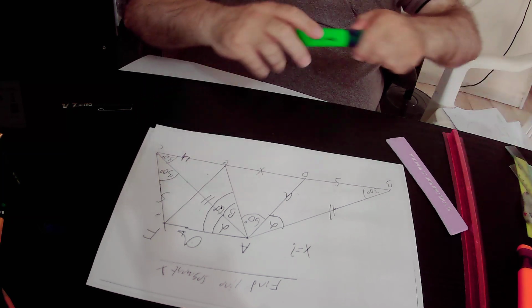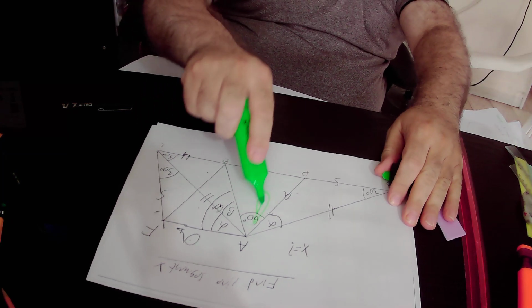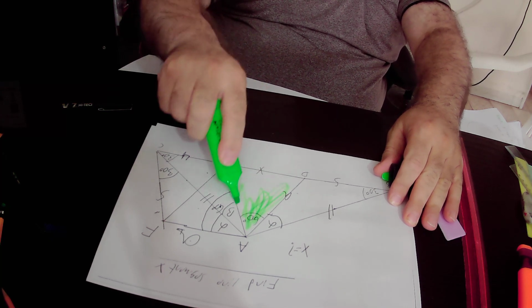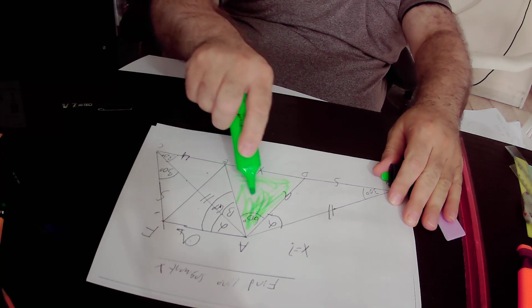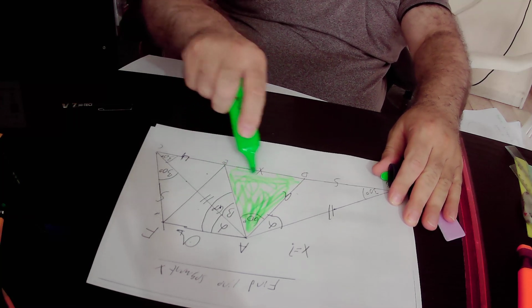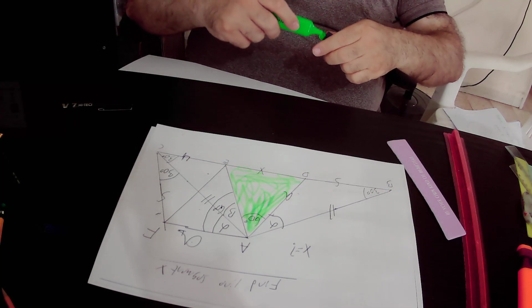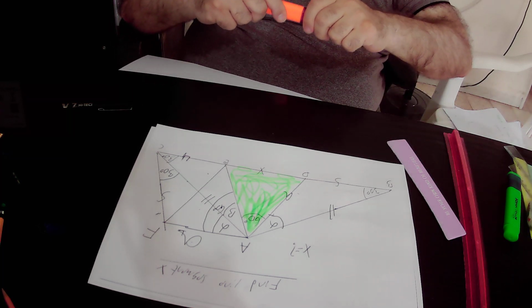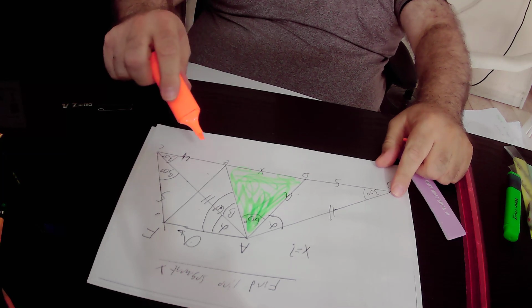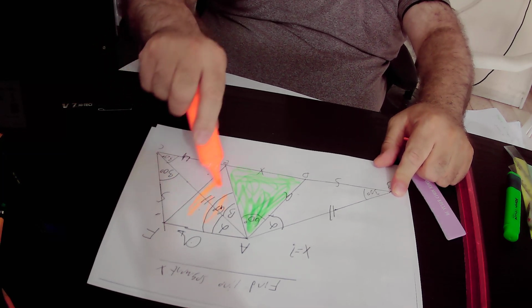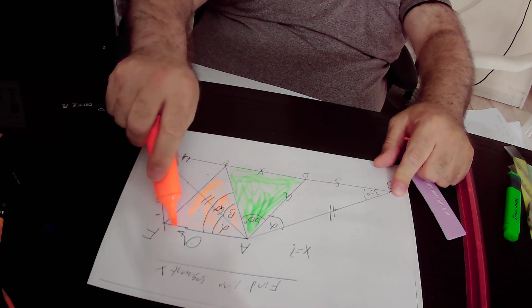So actually we will prove that the green triangle ADE is congruent to the orange triangle AFE,